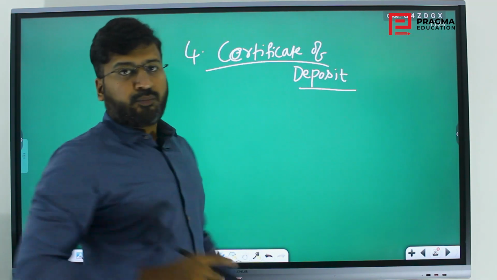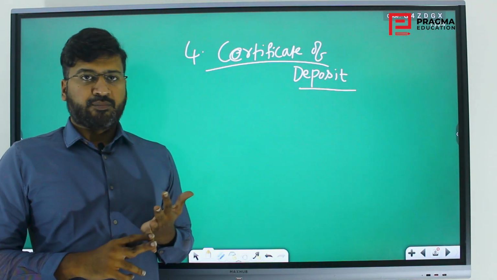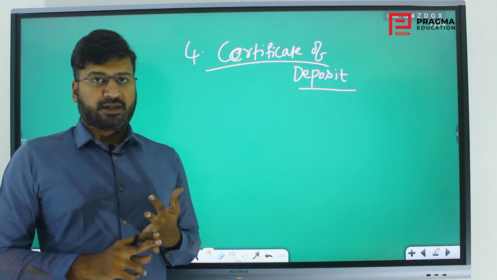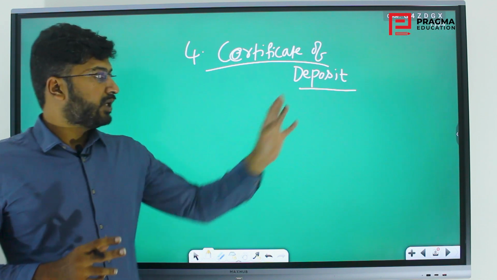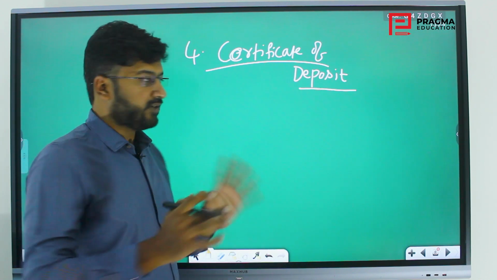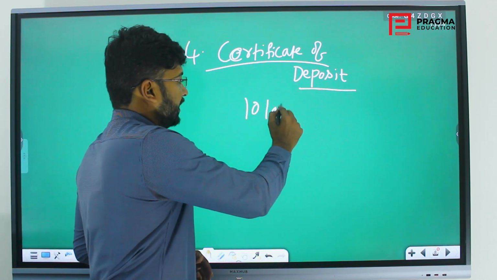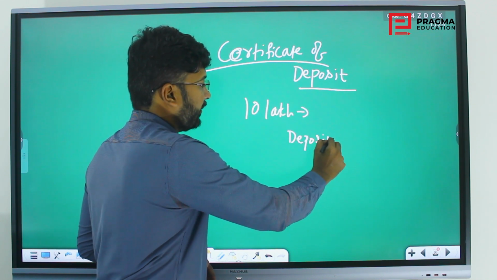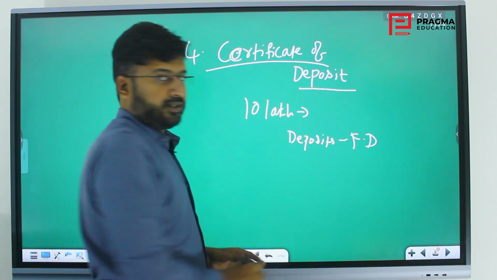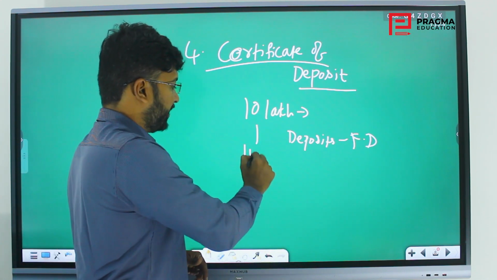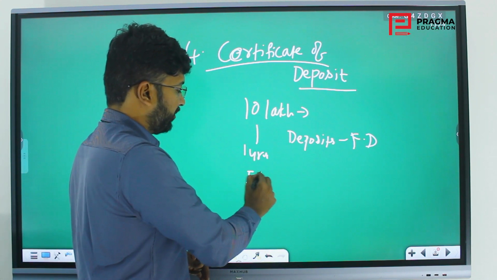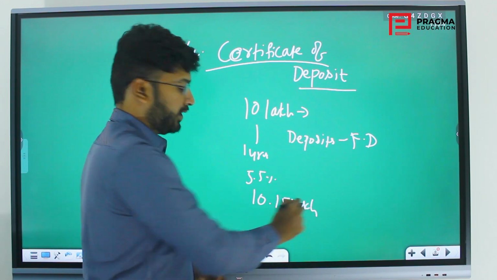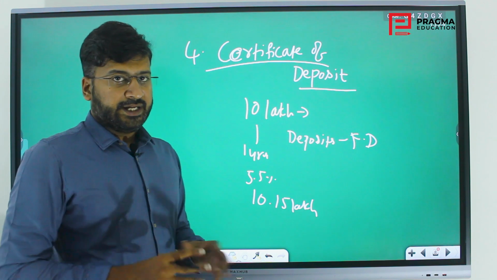So there will be a deposit that is maintained by individuals with the banks, and banks with the RBI, and banks with other banks, RBI with other banks. So that is the kind of deposit that we are talking about. Say for example, I have 10 lakh rupees in cash with me. I have deposited it in a bank in the form of a fixed deposit. Say the bank will say after 1 year, along with whatever interest rate, I will pay you some amount, including the interest.